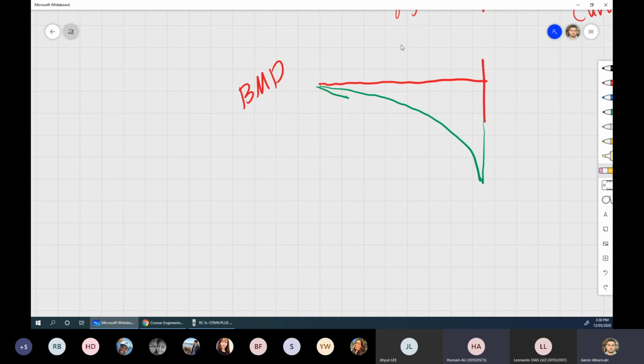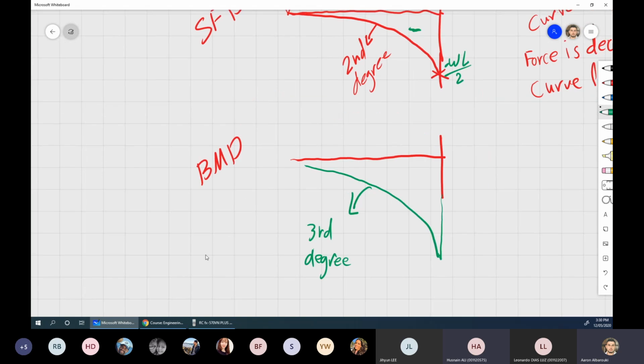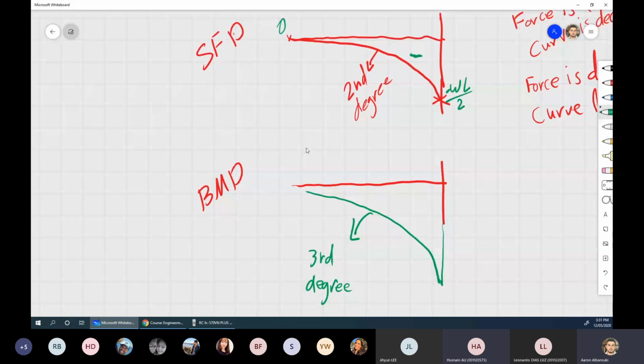Again, facing down. You may say, how did you draw it, Aaron, different than this? This is a 3rd-degree curve. How did you draw a 3rd-degree different there? I did not. I don't care about it now. I'm not going to draw anything here to measurement. All I need to know is this is a 3rd degree. This is a 2nd degree. The reason is because, for example, now, if I need to find the value here, that value there,